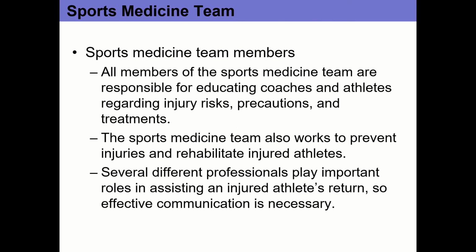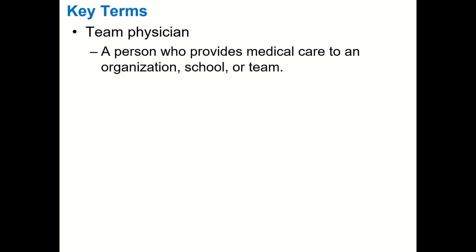So one of the things is that all the members of the team obviously have to be able to work together. They've got to communicate well to ensure that the athlete recovers from the injury and that they're ready to return to play. And hopefully when they return to play, they'll be pretty close to their pre-injury level of performance. So the first member of the sports medicine team is the team physician. The athletic trainer usually works under the team physician. In some states, they have to practice under the license of a team physician.